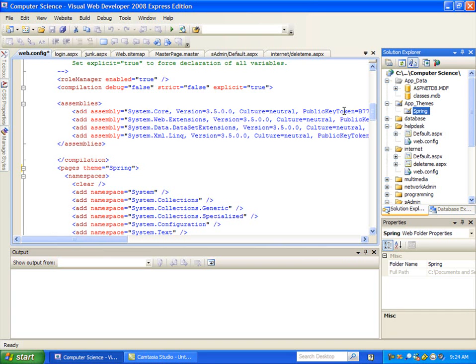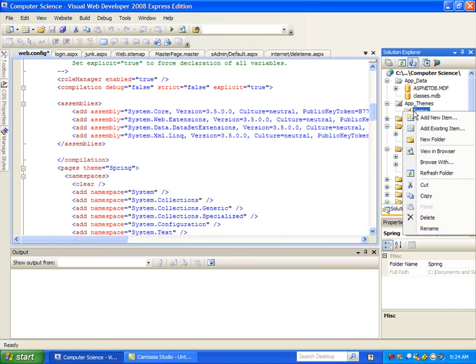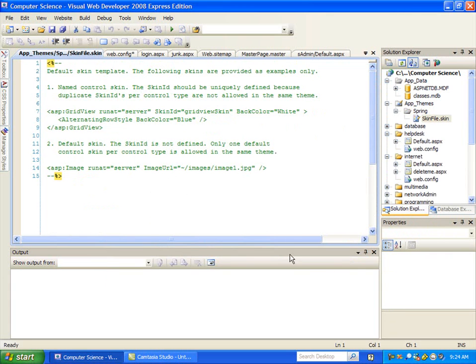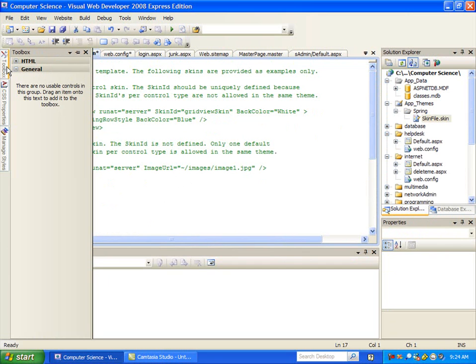Okay, so this says I've got a theme, but so far I've got nothing in my theme. And what is a theme? Well, a theme is a way of saying I've got all these appearance items that I want to use, and we've got two types of appearance items. So I'm going to click on my theme folder and add a new item, and it's going to limit me here. You notice I don't have all my choices, but I'm going to add a skin file or a style sheet. So in this case I'm going to add a skin file, and a skin file is where we control the appearance of all the ASP.NET controls. So things like calendars, grid views,